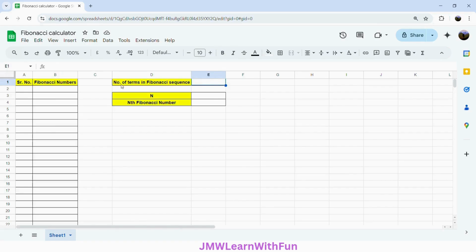In cell E1, we will write the number of terms in the Fibonacci sequence we want, that is, the number of terms we want in column B, and accordingly, the serial numbers we want in column A. For now, let's say we write 3 in cell E1, that is we want the first 3 terms of the Fibonacci sequence. So, we want the serial numbers as 1 2 3, since we want the first 3 terms of the Fibonacci